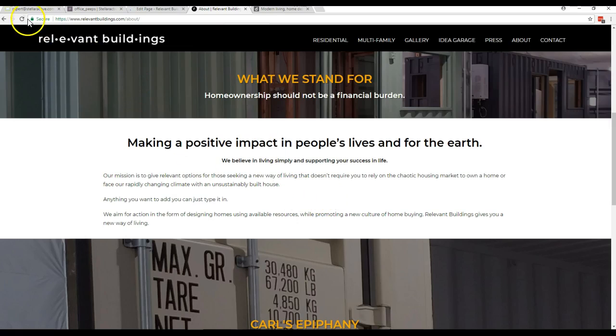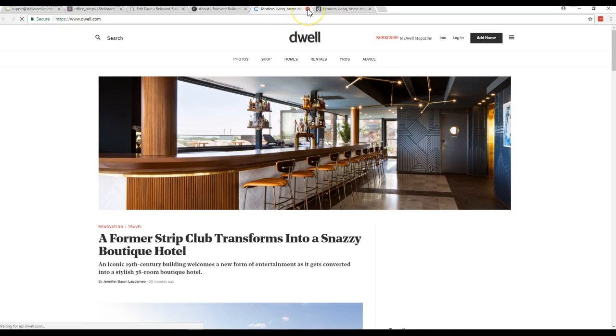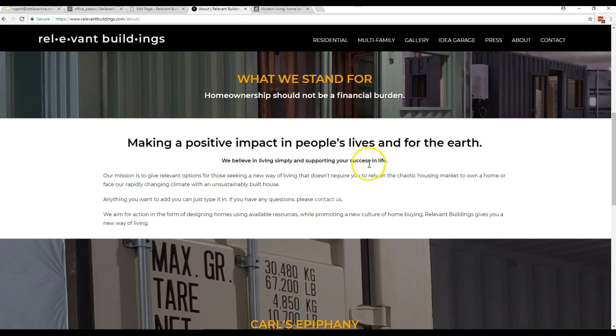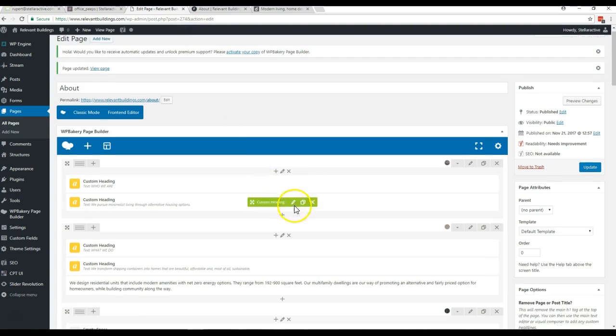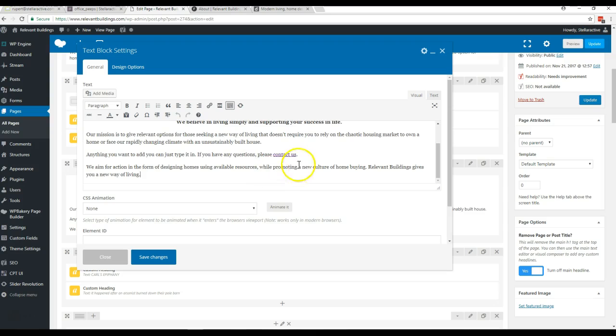And if we come here and again we refresh the page, we'll see here's the link. And when we click it, we'll notice that it will open up a new tab up here at the top, so that once they're done with that page and they close it, the relevant building site is still here behind that. I know you don't want that on there, so we'll go ahead and